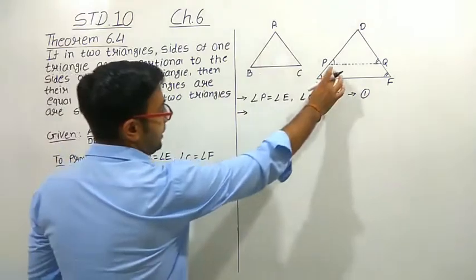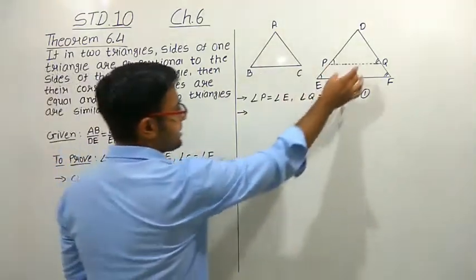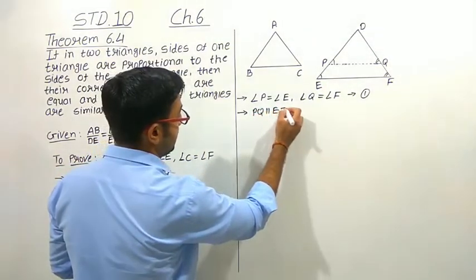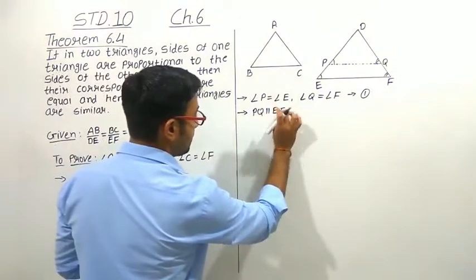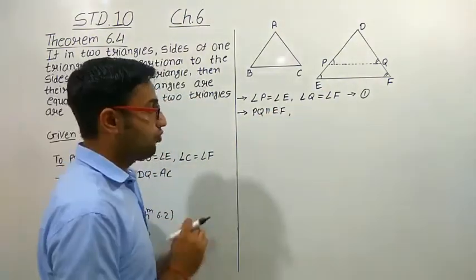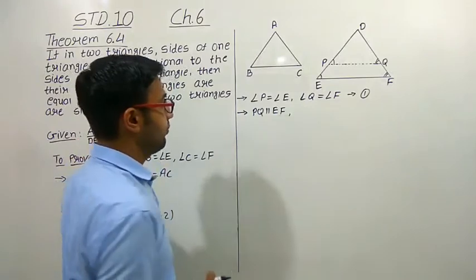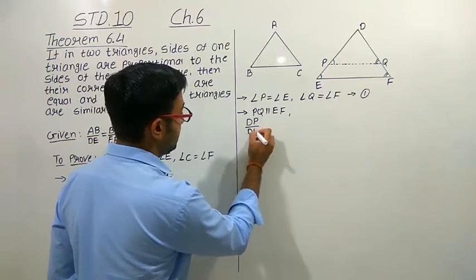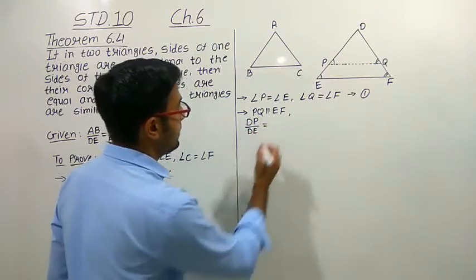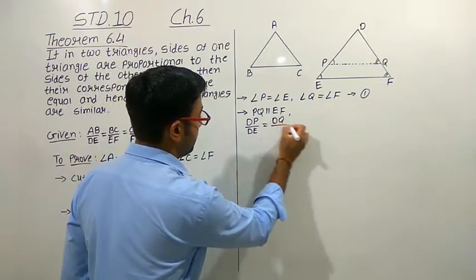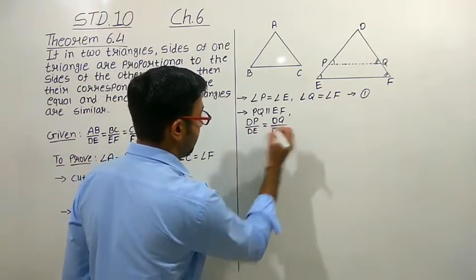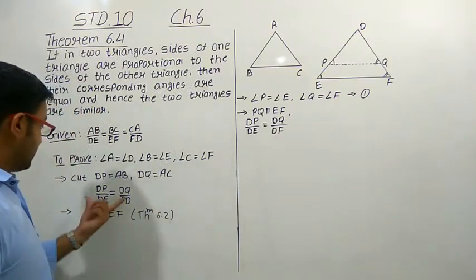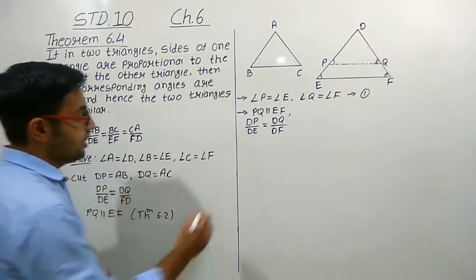Okay, now here we can see that as PQ is parallel to EF, then according to the theorem 6.1, what we can write down? If PQ is parallel to EF, we can write down that DP upon DE, the whole side, is equal to DQ upon DF, right? DP upon DE is equal to DQ upon DF. Okay, this thing already here we have written down, right? Okay, now